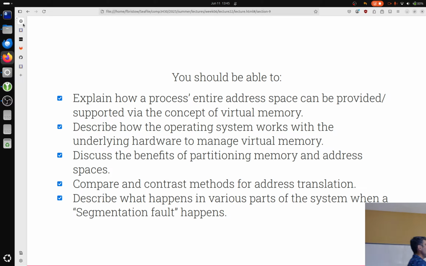Ultimately, though, at this point, you should be able to explain how a process's entire address space can be provided for or supported via the concept of virtual memory. You should be able to describe how the operating system works with underlying hardware to manage virtual memory. You should be able to discuss the benefits of partitioning memory and address spaces, compare and contrast methods for address translation, and at this point, you should emphatically be able to describe what happens in various parts of the system when a segmentation fault